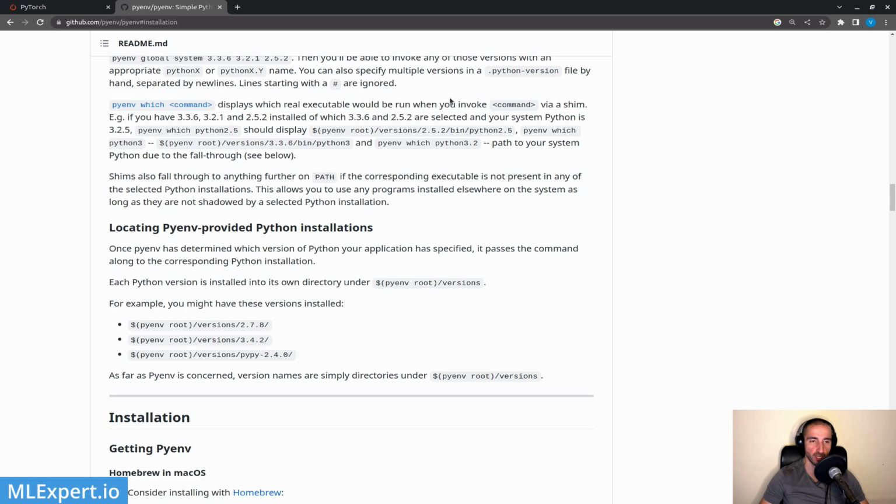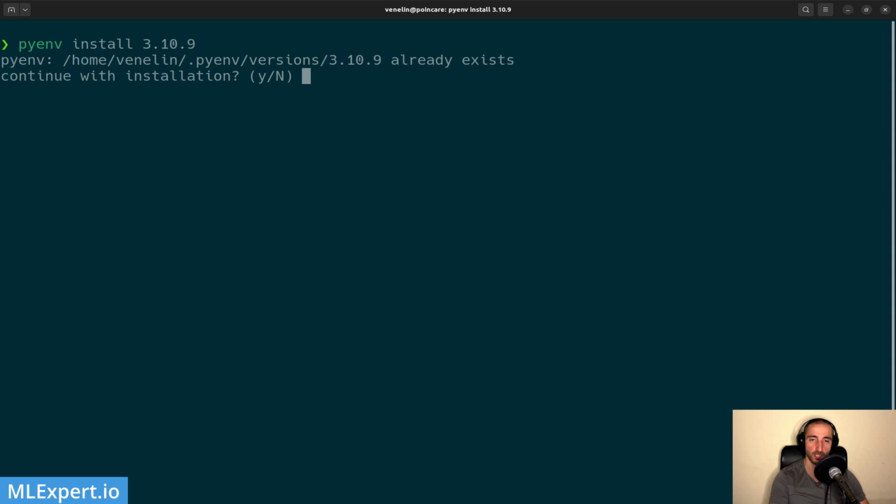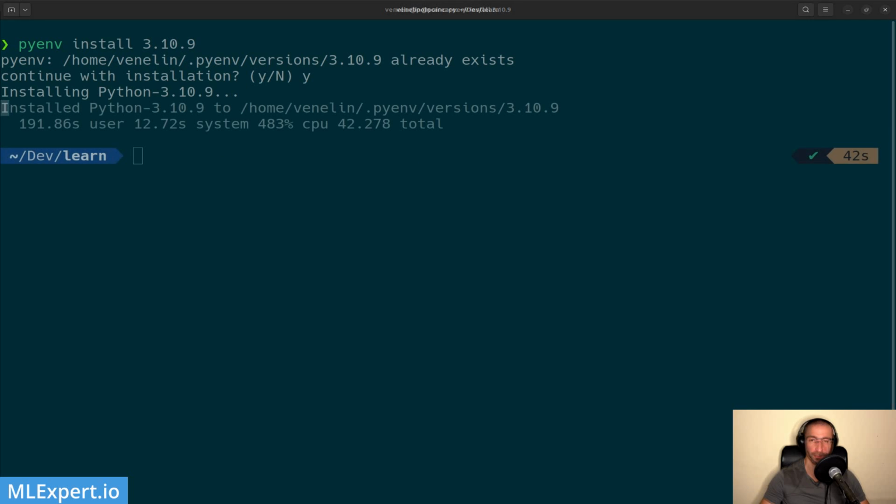And once you have this, we can continue with installing the version of Python that we are going to use. And for this case, I'm going to install Python 3.10.9. And it says that it is already an existing installation, but I'm still going to redo the installation here. All right, so the installation is complete. As you can see, it took some time to do that,